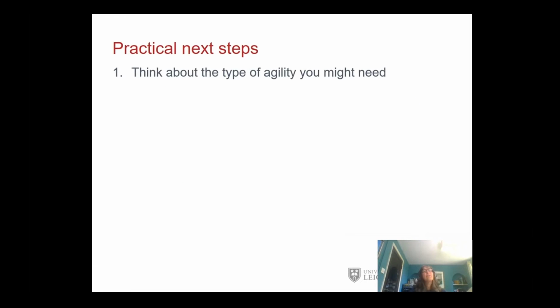So first of all, think about the type of agility that you might need. And you want to think about the resources that you are able to allocate to that type of agility. Because of course, you're always going to be resource constrained. You might think you want to be agile in all sorts of ways, but you probably don't have the resources